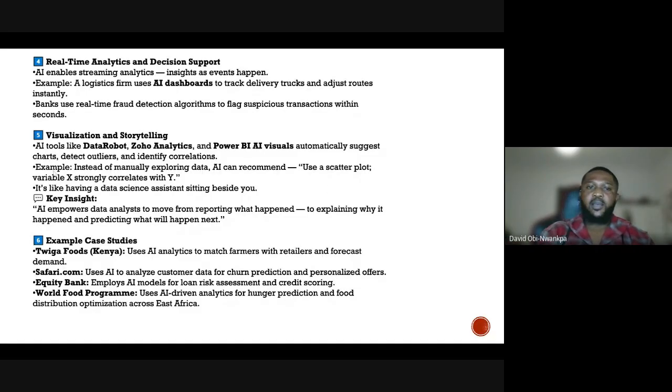Another example is, instead of manually exploring data, AI can recommend: use a scatter plot, variable X strongly correlates with Y. I make use of scatter plots mostly in data science and big data analysis. There are different types, scatter plot, forex tree. There are so many where AI can actually tell stories with charts.